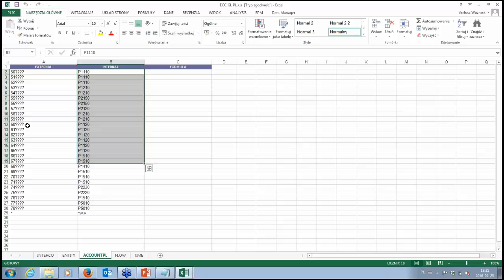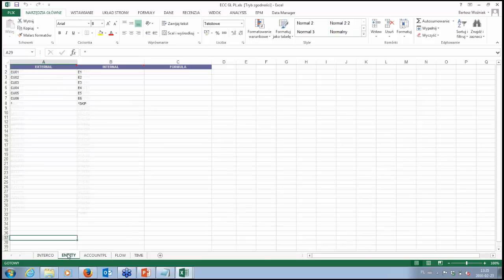You can do this one by one, but it is rather time consuming. So you can use some kind of masks or wildcards to cover a broader range of accounts. You can also skip one of those. If there is an empty one, it will be skipped. The same refers to entity.